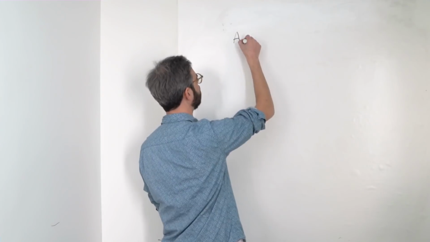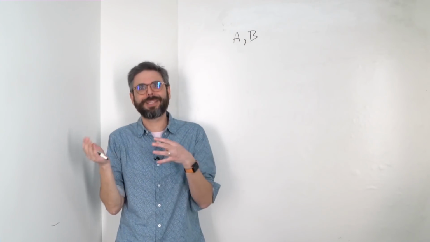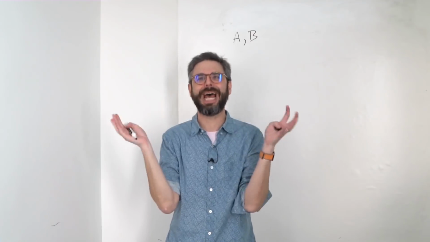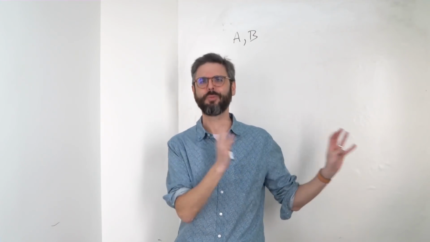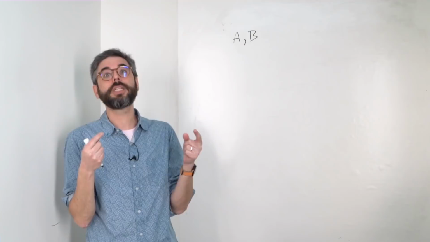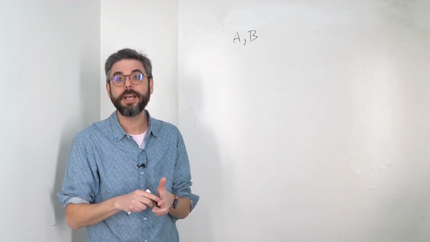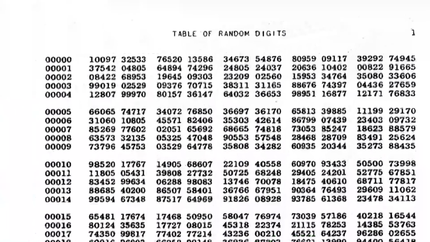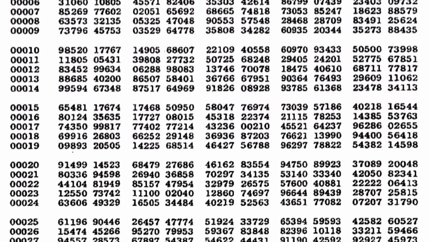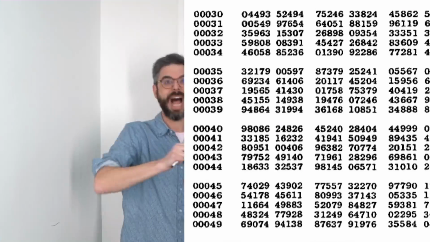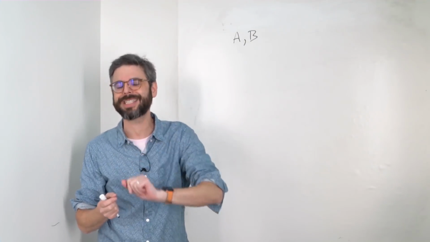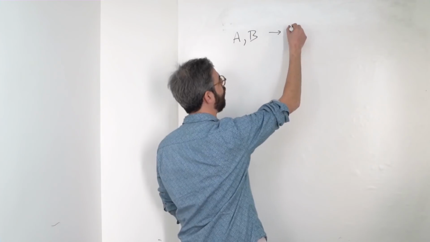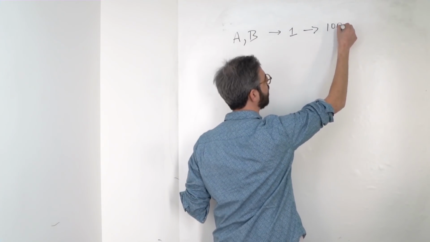So how does this all work? Let's say I pick two random integers, call them a and b. While in an ideal world, I would pick them between 1 and infinity, I need to establish some kind of range so that I can actually work with this stuff in code. I will choose the upper bound of 100,000 because in the random numbers book, the digits are grouped in groupings of 5. So between 0 and 99,999, I don't want to pick the number 0. You'll see why in a second. So my range will be between 1 and 100,000.